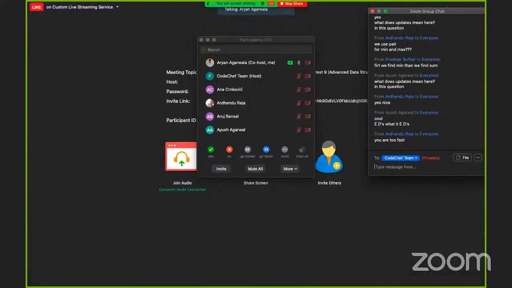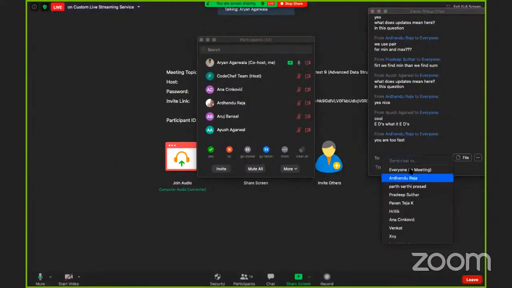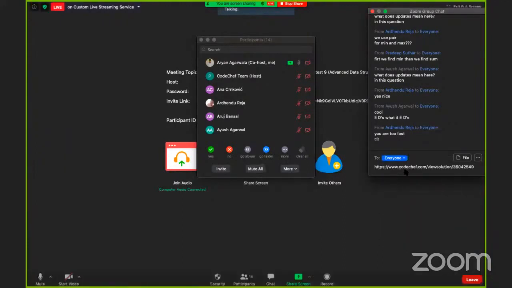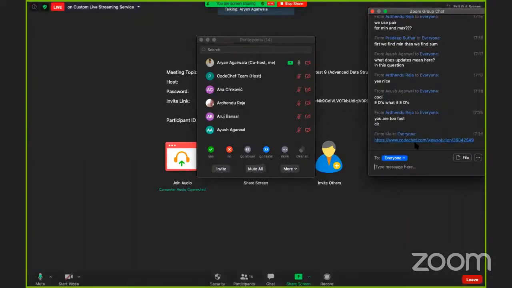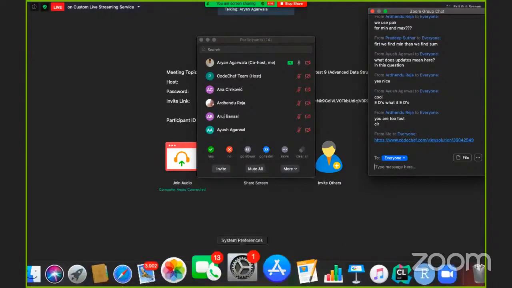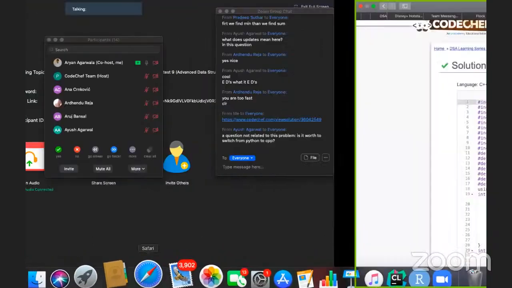I'm too fast. Can you just tell me what point was unclear? Because I thought it was pretty clear. Okay, it's clear now. Great. I've sent you my solution link, so you can look at the code, you can look at the comments describing the logic, or you can look at the comments describing the segment tree, and you can look at the segment tree template, okay? Great.